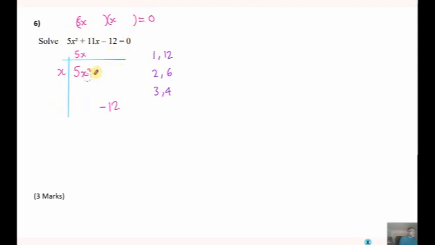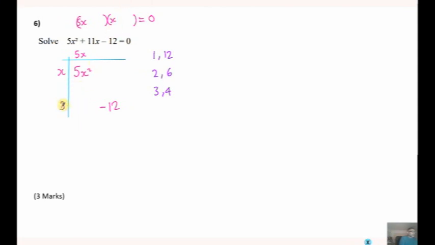Okay, so using trial and error again, I could try the 2 and the 6, but I'm going to go straight onto the 3 and 4. If I put the 4 there and the 3 there, again you can see 4 times 5x will give me 20x. These don't add up to 11. But if I try them the other way around now,